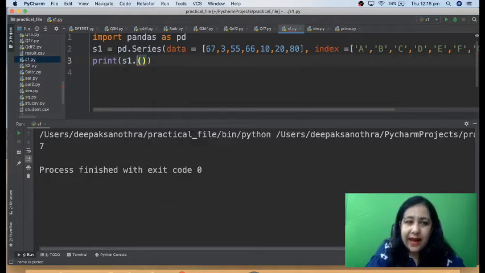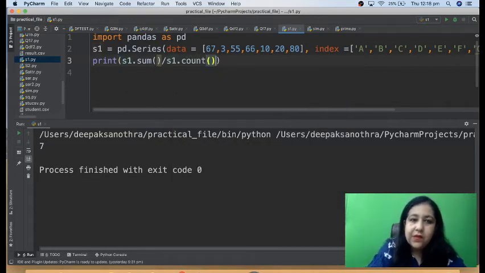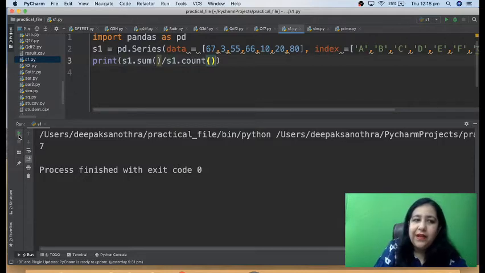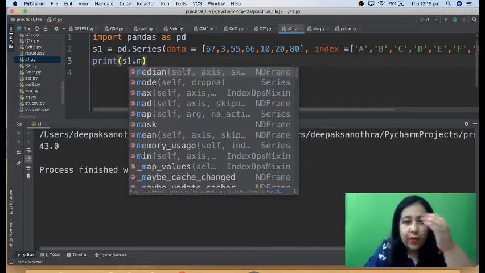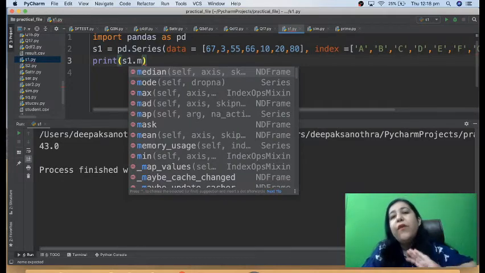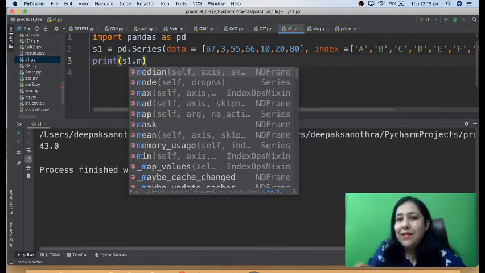So we can, by finding the sum and dividing it by count. This is how we can find the average. We find the sum divided by count and we'll get the average, right? One option is this, normal maths, basic logic. Another option is, we have methods over here, named mean, median, mode. If you have ever studied statistics, you would know about that.